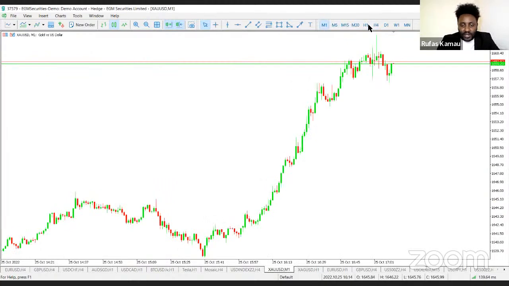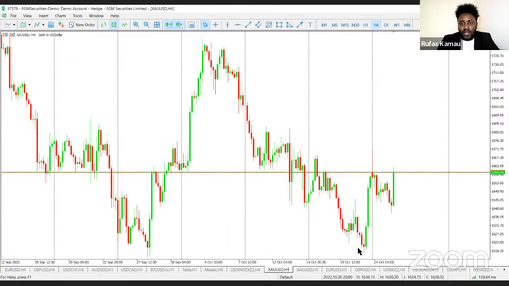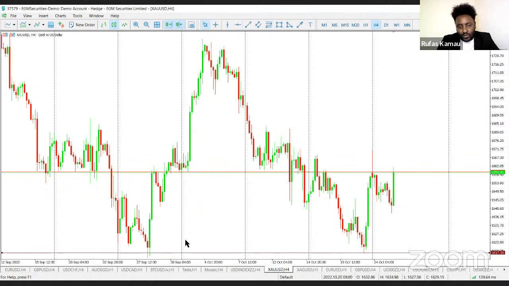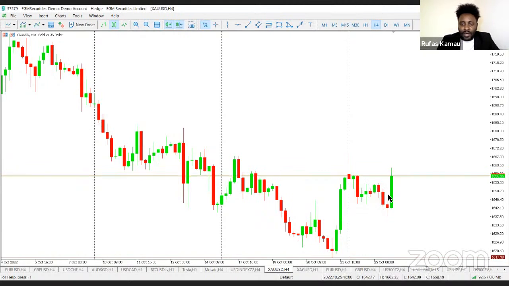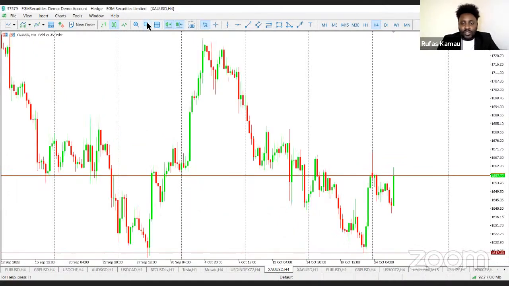So if you look at commodities, and in this case I'm talking about gold, you notice that it had bottomed here. This was a major resistance for gold, having seen the same low in September and now in October. So from here, you expect gold to bounce strongly, which it did last week. However, since the opening of this week, you can see the sharp reversal here, a sharp drop, and now in one candlestick it has recovered this entire movement. So it basically indicates that we are now bullish for gold.